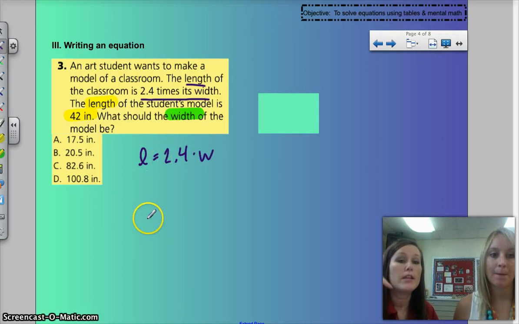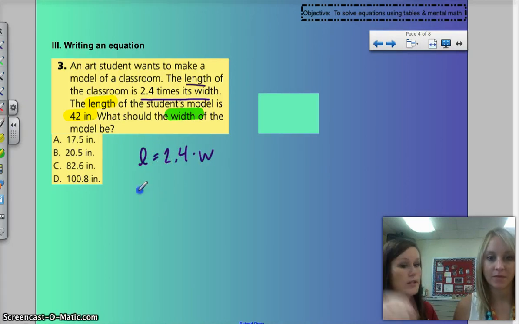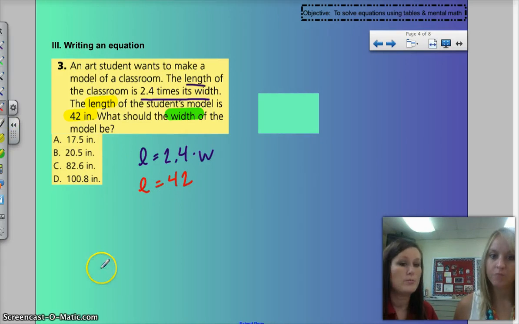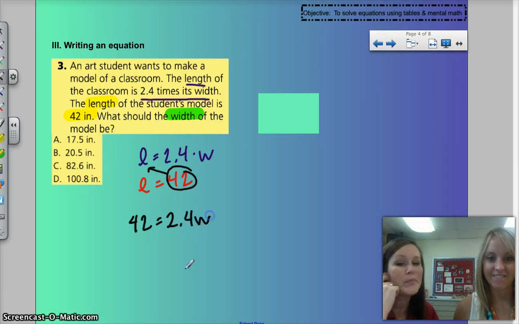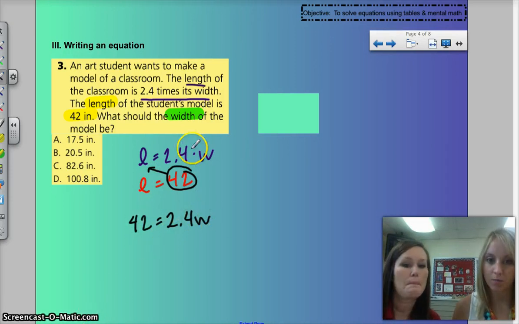Now, the length is 42, so isn't it going to be 42 equals? So length equals 42. So I'm going to plug in 42 where L is. Exactly. So you just take this and plug it in here. So my equation is going to be 42 equals 2.4 times width. That's what I was saying earlier. So then when you get down here, guys, you don't need that dot anymore because remember